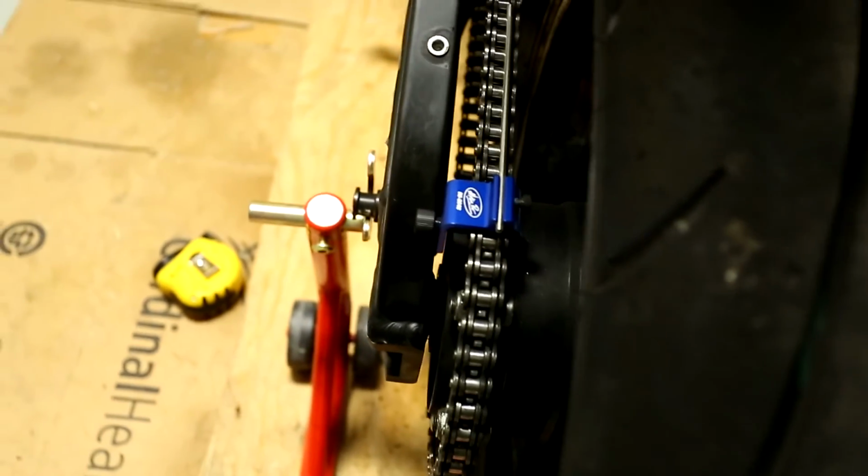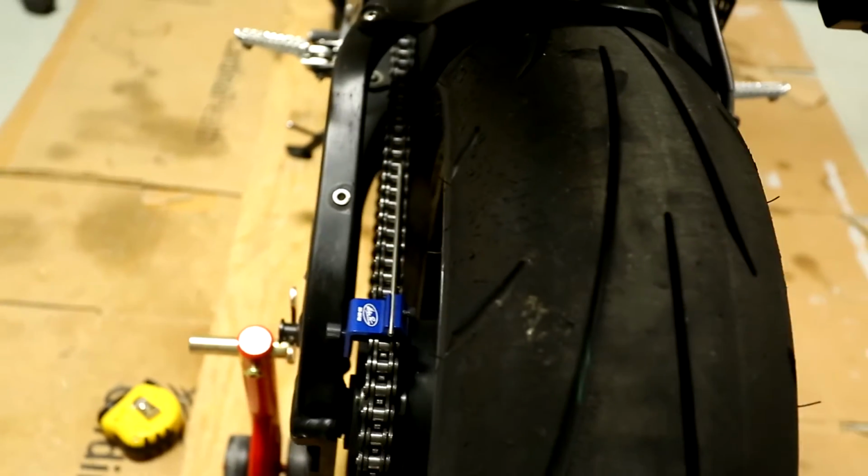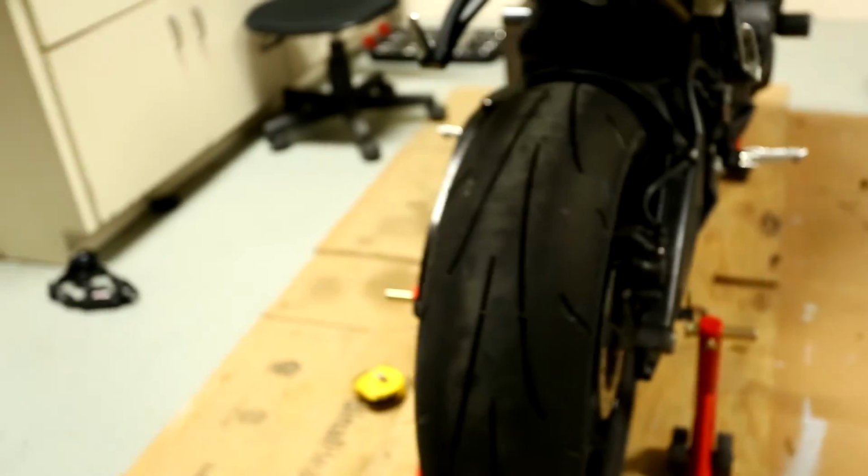So then I bought this Motion Pro tool, and I used it to do the alignment. And after I did it, I took it out again. I rode it for a day or so to see if the center line would come back to the center, and sure enough, it did. So the tool did a pretty good job. Okay, so